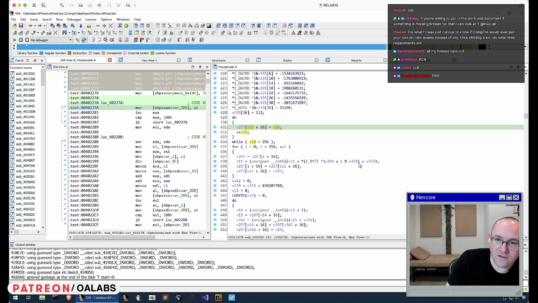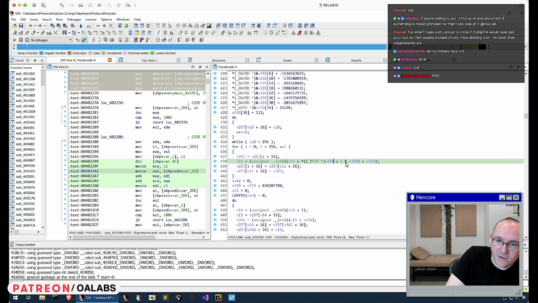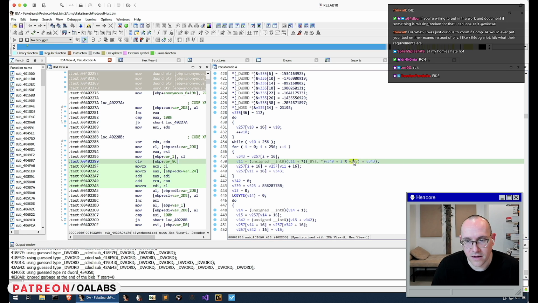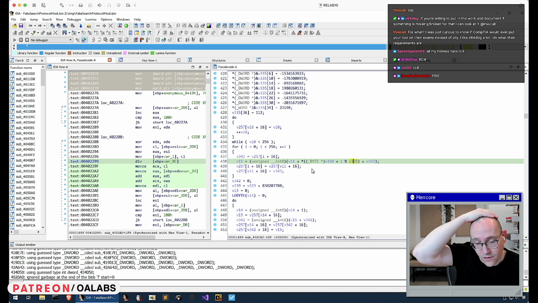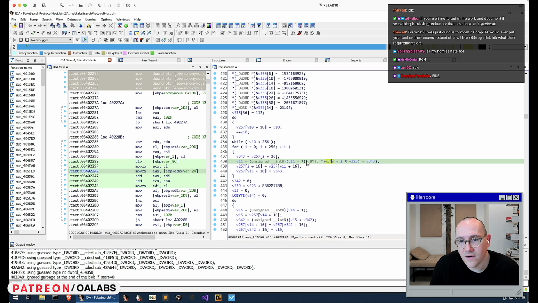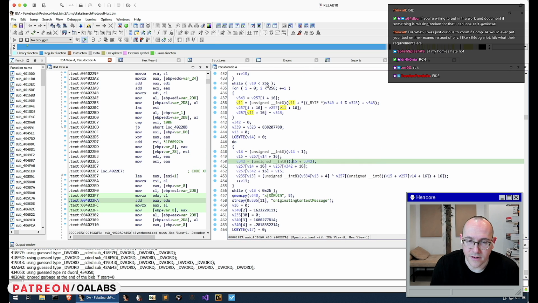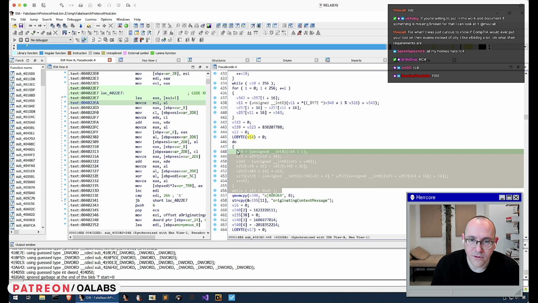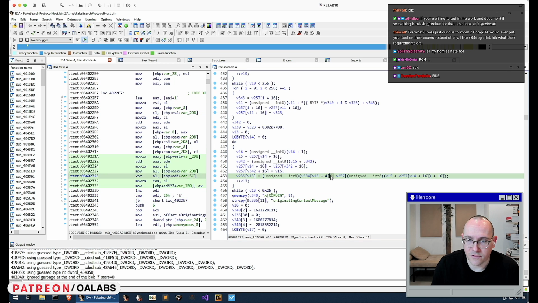But the other thing is, whenever you see this modulo by some value where it's being added, so there's a counter or a pointer, and it's being modded by some value, usually this is a key, and basically this is the length of the key. It's just a pattern that I don't expect everyone to pick out, but it stands out for RC4 and for anything else where you have a key that you're iterating over. So we can see here, this is where they're building the key, and then down here we have another loop where they're actually doing the XOR with the key stream,